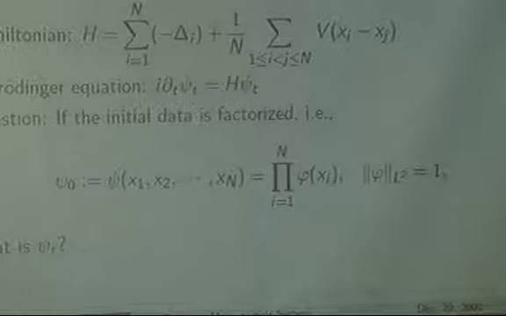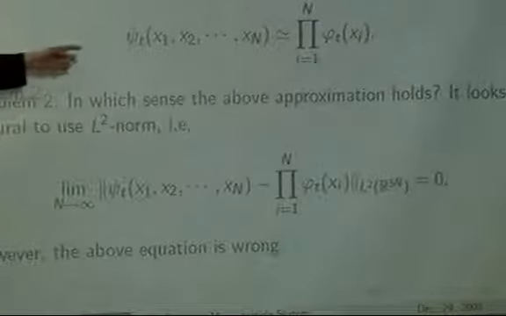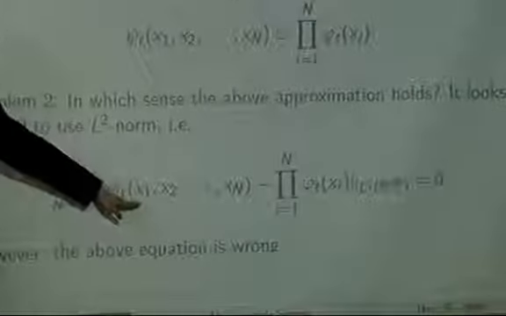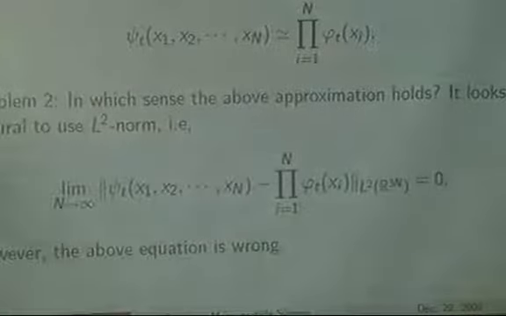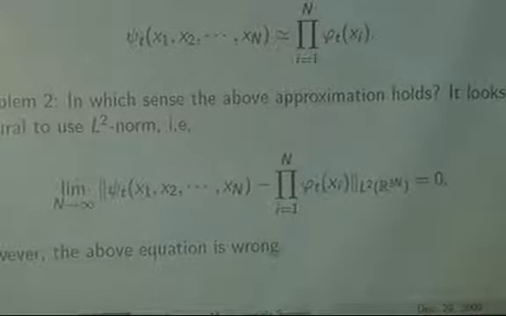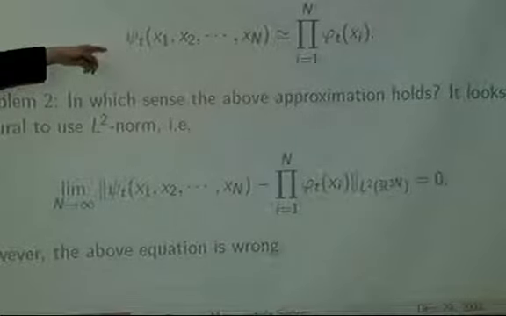So it's always like this. The basic laws are given by physicists. Physicists know the answer, and it can be a conjecture for mathematical physicists. And we want to give a sense by using mathematical physics or mathematics like this, and prove it by using mathematics. That's what people do in mathematical physics. Unfortunately, this is wrong. So that's why we need to introduce some other things to find the sense of this approximation.